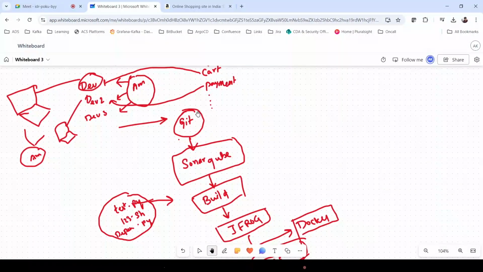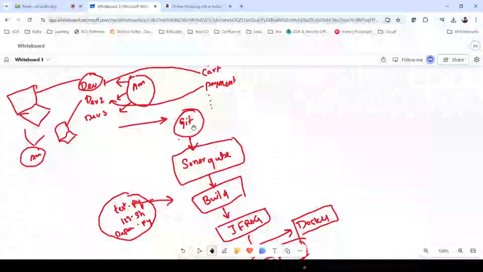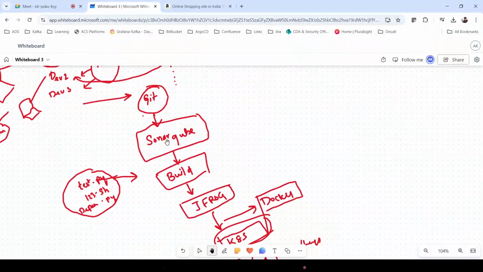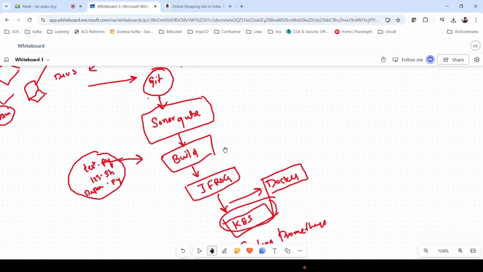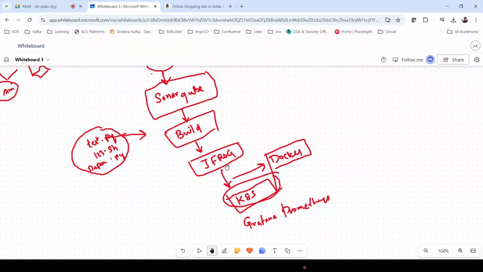And for this code, you can use Git, you can use Bitbucket, or if you are using AWS, we can use AWS CodeCommit. And then for testing, we have SonarQube, JaCoCo, and different types of tools. And for building, it depends on which programming language we use. Like in case we have Java, we will be using Maven. And in case we have Node.js, we will be using npm. Similarly, for storing the packages, we use JFrog. And then we have Kubernetes and Docker, which we use for production deployment.